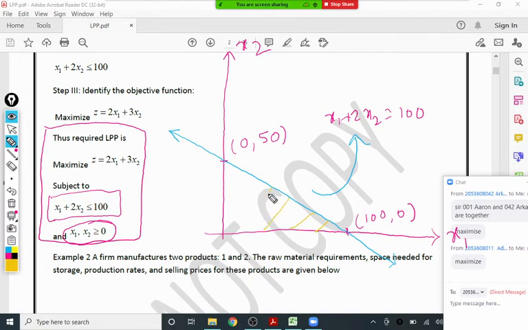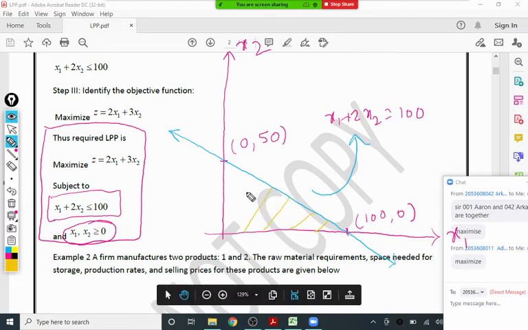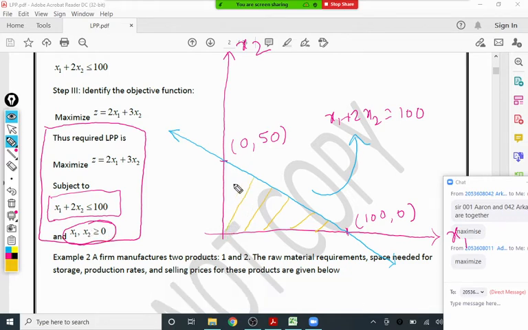And why am I not going below the x-axis or below this side? Because x1 and x2 are greater than 0. So because of that, the region is bounded by the x1 and x2 axes, and here is one more constraint. Now this is one of the simple problems, as we have only one constraint. The triangle I shaded here is known as the feasible region. The name of this region is the feasible region.